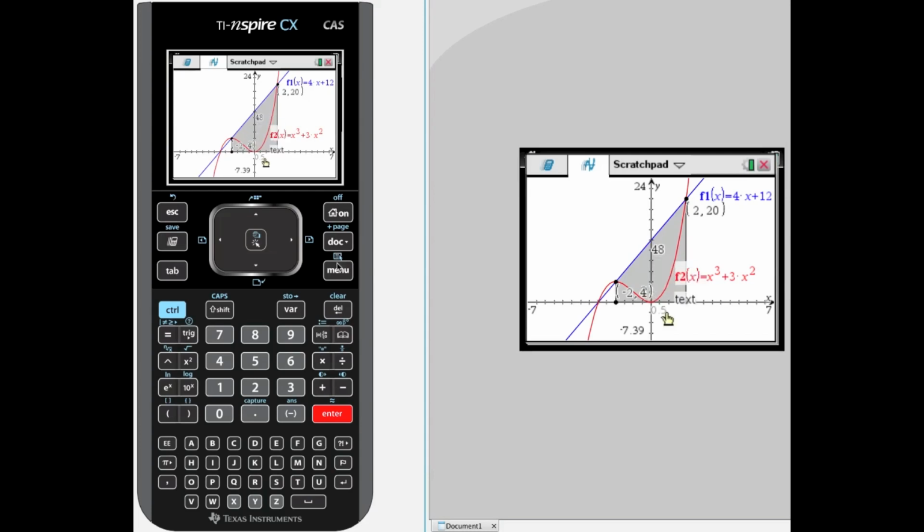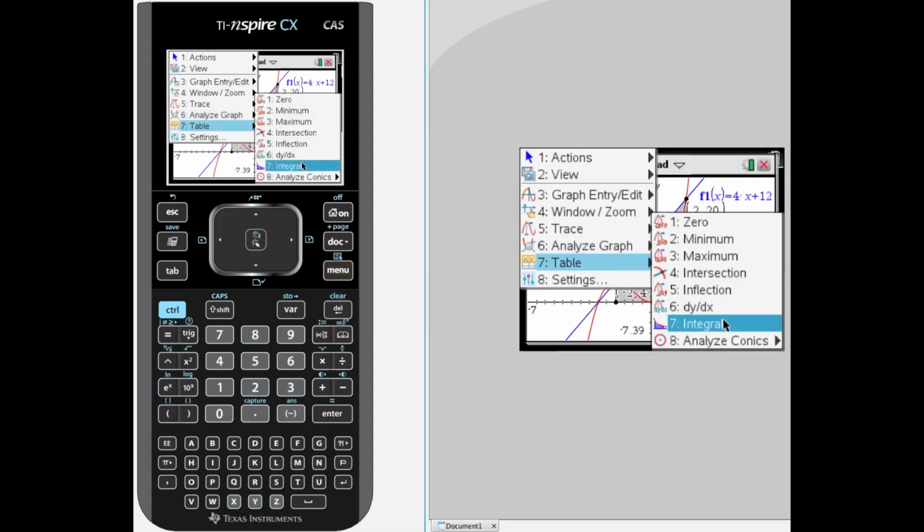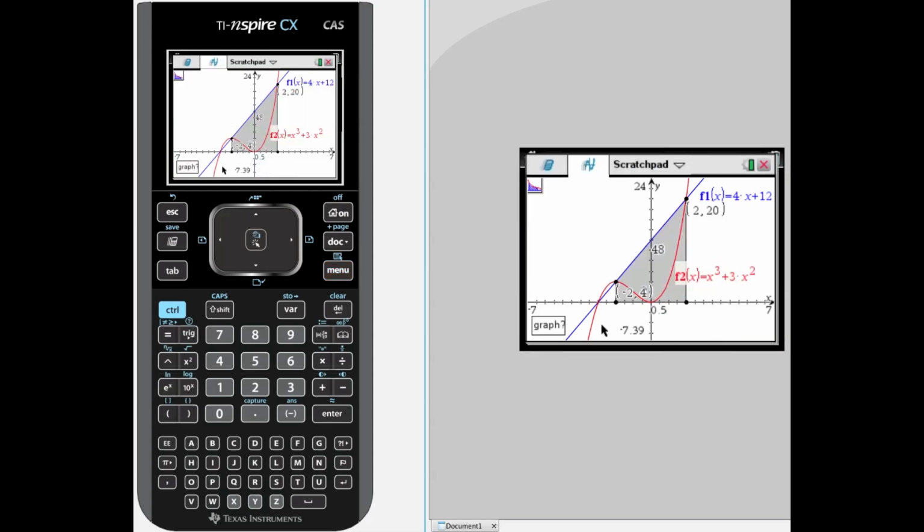So again, Menu, Analyze Graph, Integral, which graph? Well, I want to use the cubic one this time. Lower bound, again -2. I'm using my keyboard, but you would be good at hitting negative 2 here. And enter, locking that up. Did I get that? Yes. Okay, upper bound, then I want to again have that be a value of 2. So just hit 2 and enter.